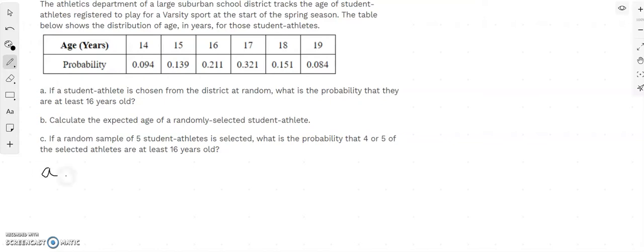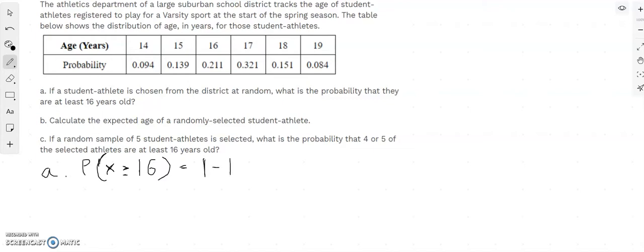I'm going to mark part A, and I'm going to say the probability that X is at least, we mark at least by saying greater than or equal to, 16 years old, is equal to 1 minus the probability that X is less than 16, which is the same as saying 1 minus